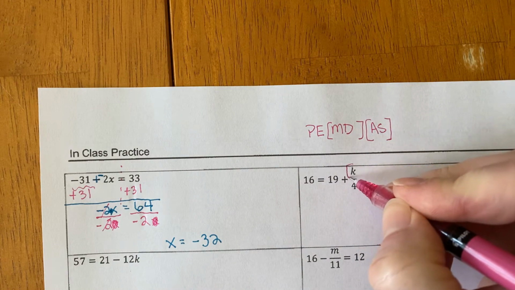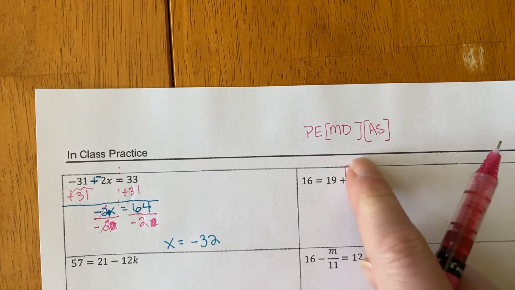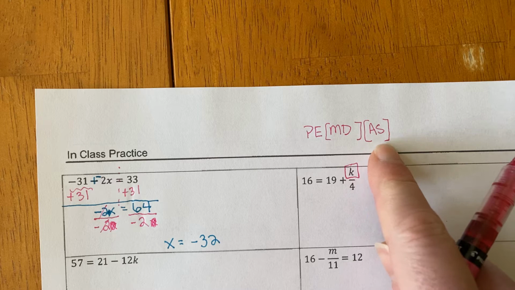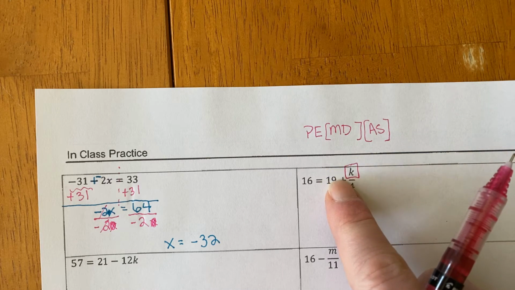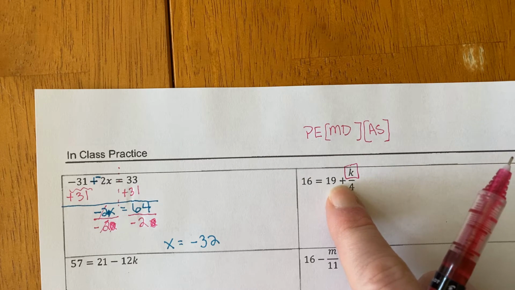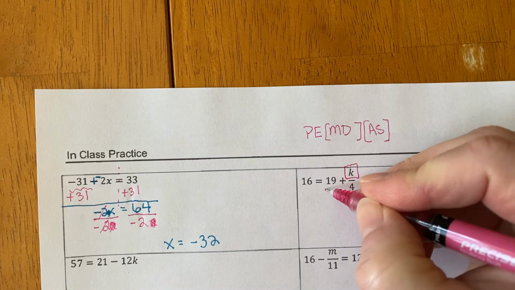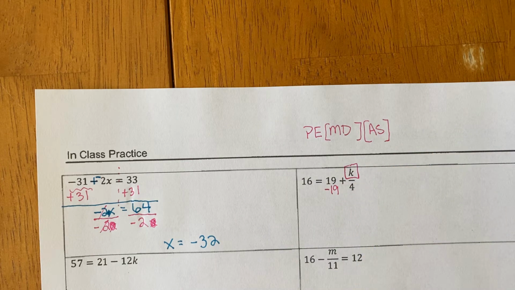It's right up here. And on that side of the equation, the very first thing we want to do is undo any addition or subtraction that's going on in that equation. And so I have an addition, the plus 19. So I'm going to undo that first. And the way I'm going to undo that is I am going to subtract 19 from that side of the